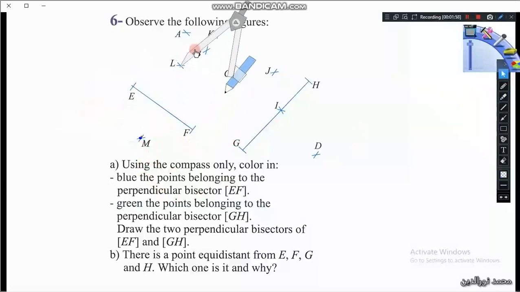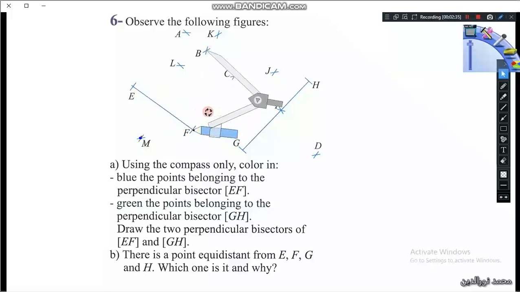Does L belong to the perpendicular bisector? So راح نشوف إذا هي equidistant. راح نشوف المسافة من L عند ال M using the compass and then it's not the same distance من ال L عند ال E so نلاحظ هيك إنه not the same radius, so L does not belong to the perpendicular bisector of EF. B. So the point B,